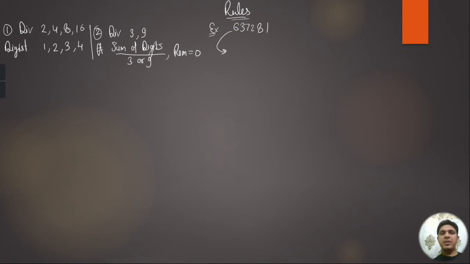Same with 9. Take pairs of two digits wherein the sum is either 9 or a multiple of 9, right? So here, to check the divisibility by 3, if we add 8 plus 1, this will be 9. 9 is divisible by 3 and 9 both. If we take 7 plus 2, that will be 9, divisible by 3 and 9 both. Thereafter, if we take 6 and 3, the sum is 9, divisible by 3 and 9 both. So students, we can say that the entire number will be divisible by 3 and 9 both.